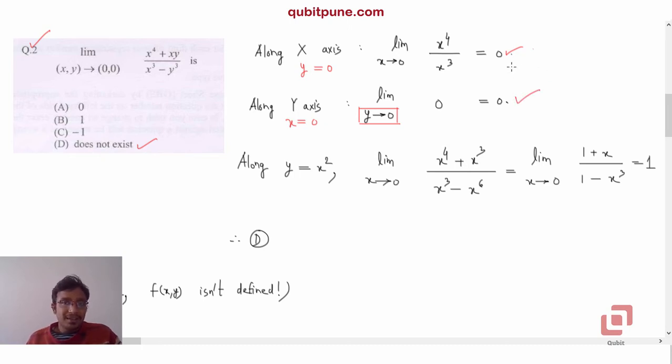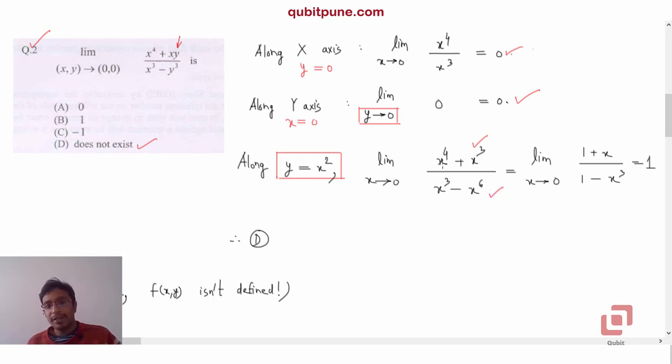Now you can say that the limit may exist, but it is not sure because there are infinitely many paths to reach the origin. Now what I've done is I've tried y equal to x squared. With this path, what we get in the numerator is x raised to 4 plus x to the power 3, because it is x into y here, correct? And in the denominator, if I take y as x raised to 2, then it will be x cubed minus x raised to 6, because it is y cubed.